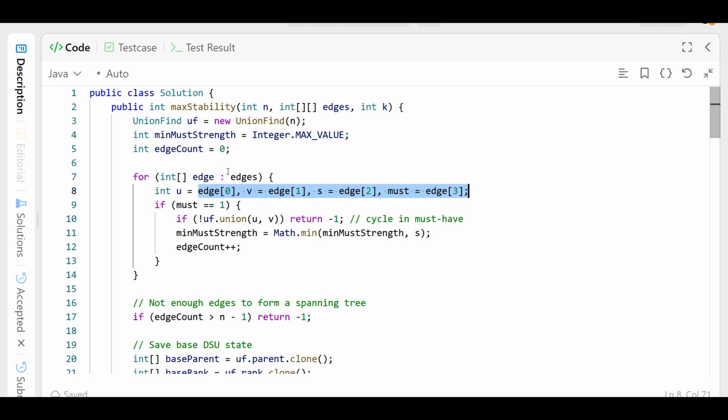Because this is an array, the index will start from 0 and go to 3. Each edge contains u, v, strength and must, right? Then we'll check the condition. We have to add all the must edges. So if must is equal to 1, meaning we have it at edge 3, if it is equal to 1, it means what? It should not form